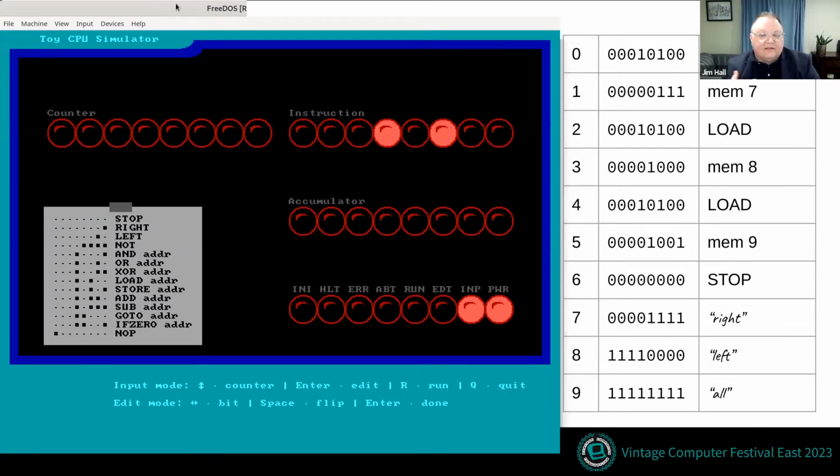So you can see it's got a load instruction. It's going to load memory location 7, and then it's going to do a load from memory location 8. When it does 7, you're going to see the right-hand side of the accumulator light up. When it loads 8, the left-hand side of the accumulator is going to light up, and then it's going to do another load from memory location 9. And when it does that, you'll see all of the lights in the accumulator light up,